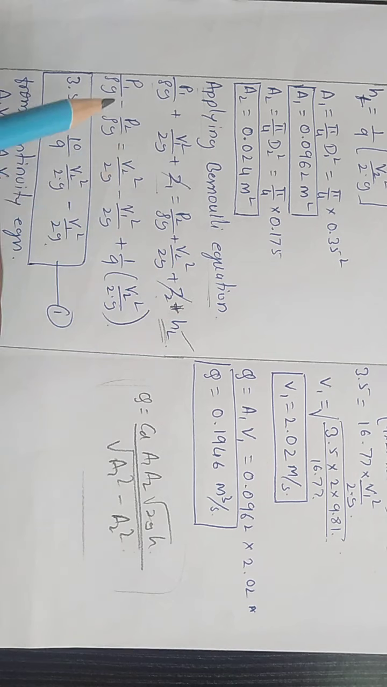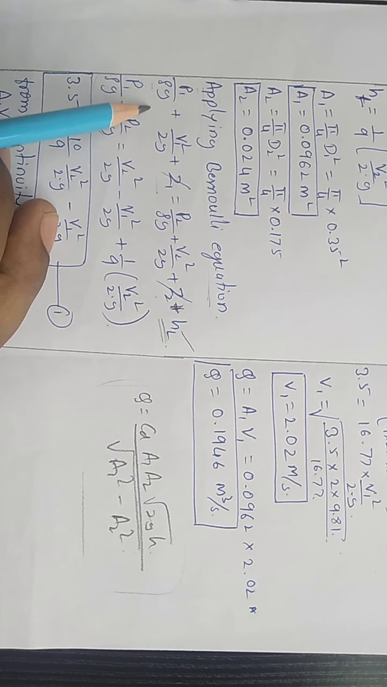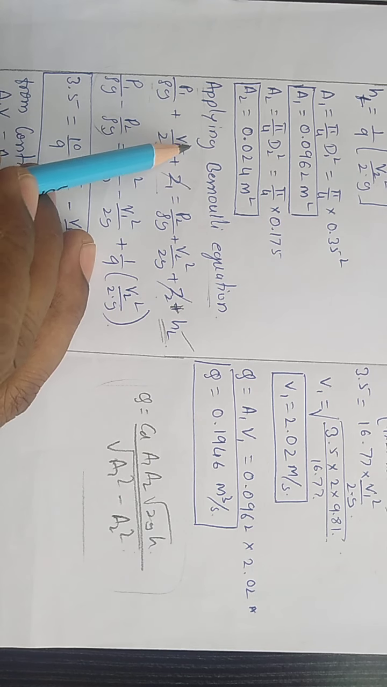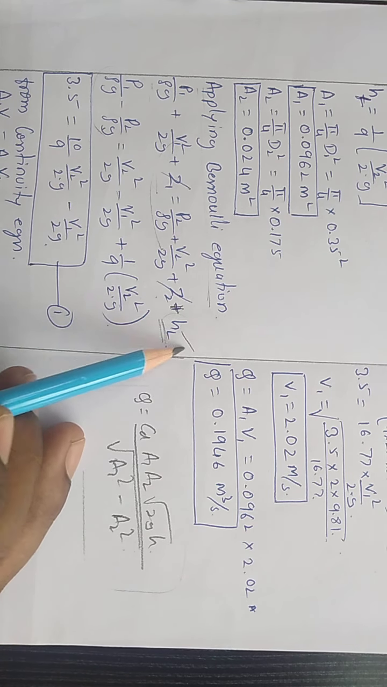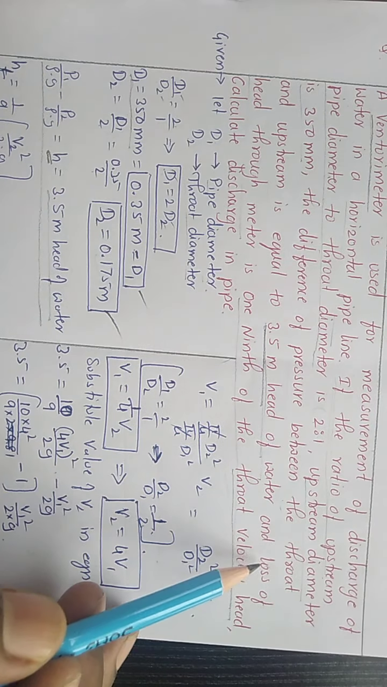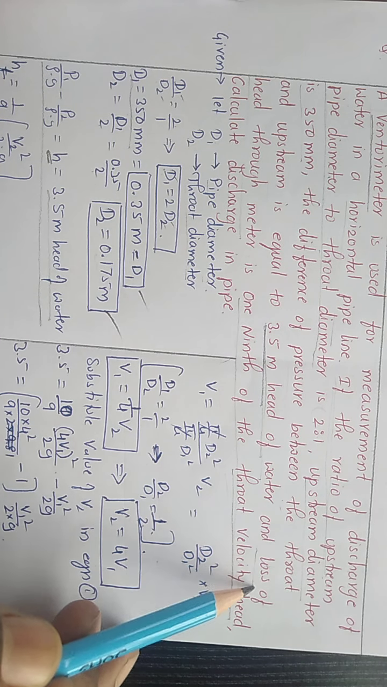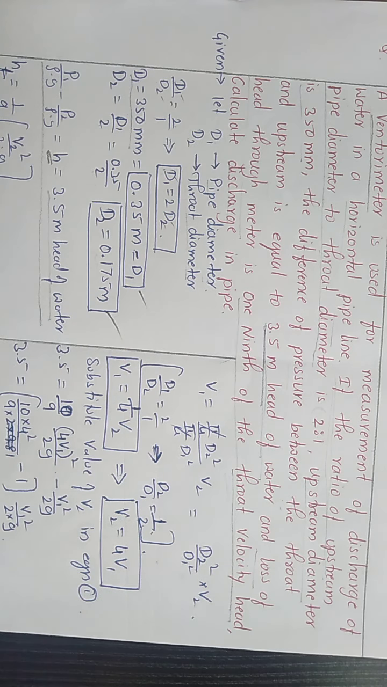Now we can just rearrange the terms. I have written the pressure terms on the left hand side, and I have taken v1 square to the right hand side. So v2 square divided by 2g minus v1 square divided by 2g plus the head loss. What has he given? He has said that the loss of head through the meter is 1/9 of the throat velocity